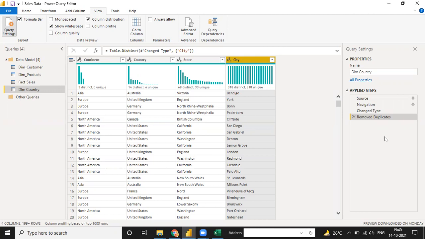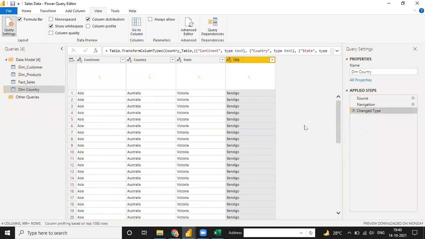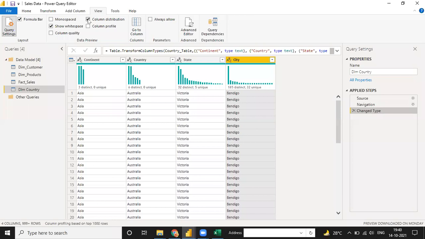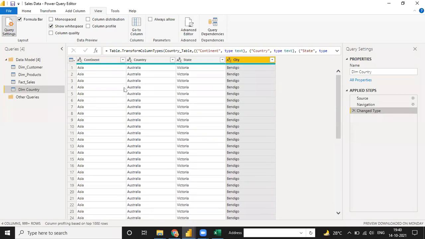Okay, so right now, suppose I know I don't want to remove anything, I just click on this View Profile. The main motive is to show you that in the dim table there is not any option to have only a unique value. Someone processing the data into the data table sees that it's a unique value, but it's not. But there is one more way you can do it.